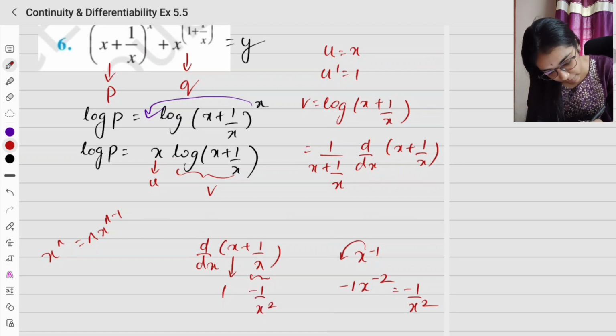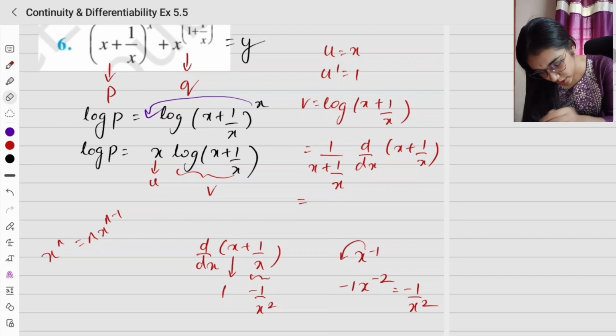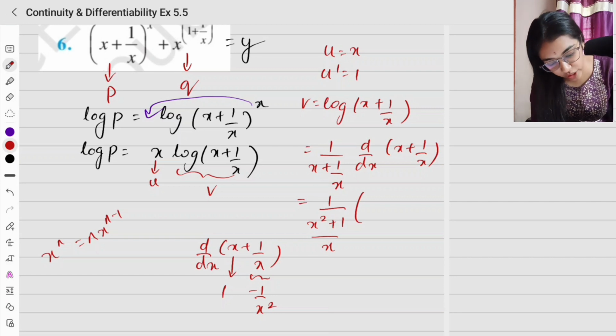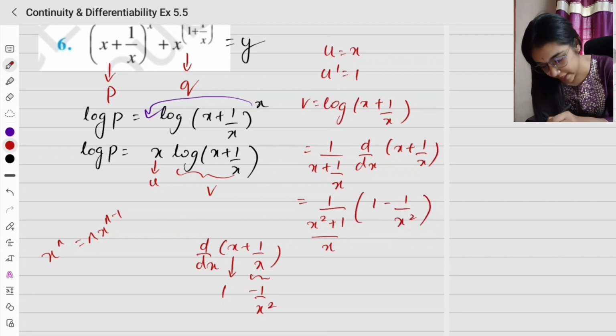So in this particular term, this also I am going to simplify. So how am I going to simplify this? I have in the LCM 1 divided by x square plus 1 divided by x times; if I simplify, it is going to be even easier. So I am going to do that. I have 1 minus 1 divided by x square, d by dx of this.